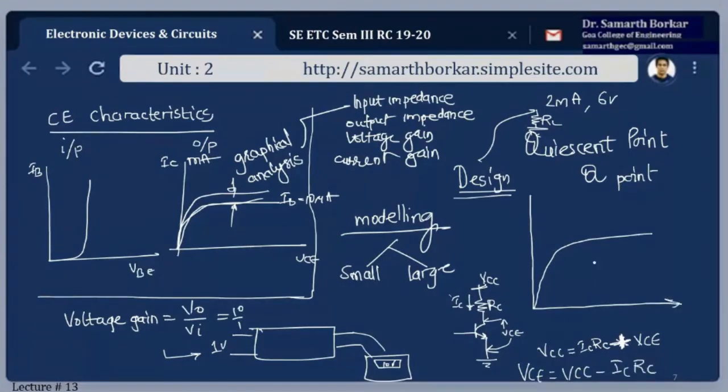The axes I have drawn are the output characteristics. Here this axis is VCE and this axis is IC. That means the current IC depends upon the value of VCE. So practically, to get this waveform, first of all, I need to give an input signal to this circuit. The input signal is Vi. It will have its own resistance Rs, or we can write this as source voltage and source resistance. This is the part of your input signal.